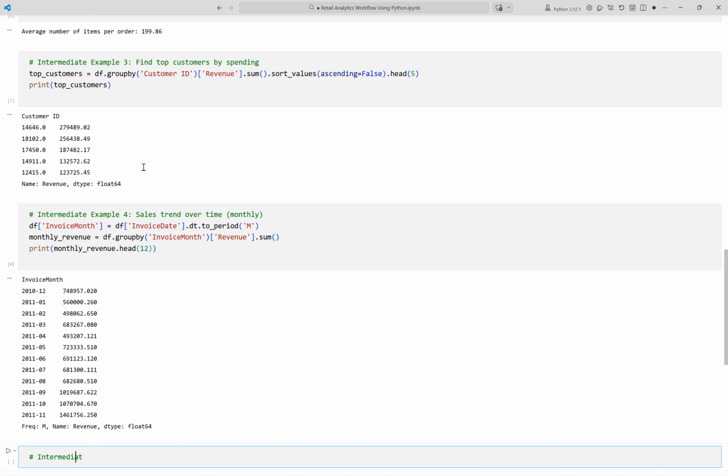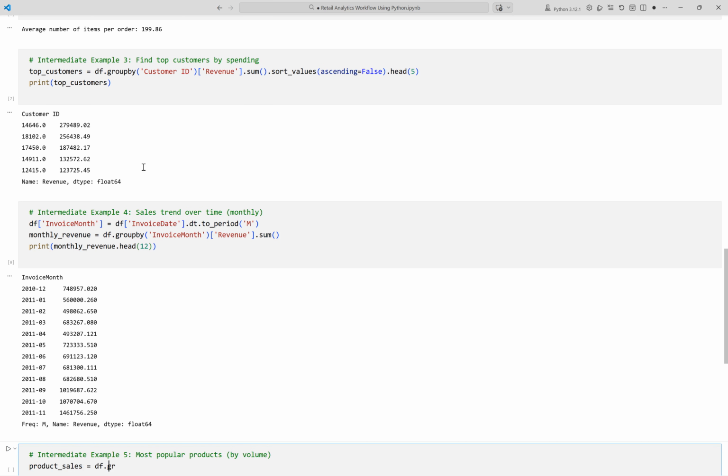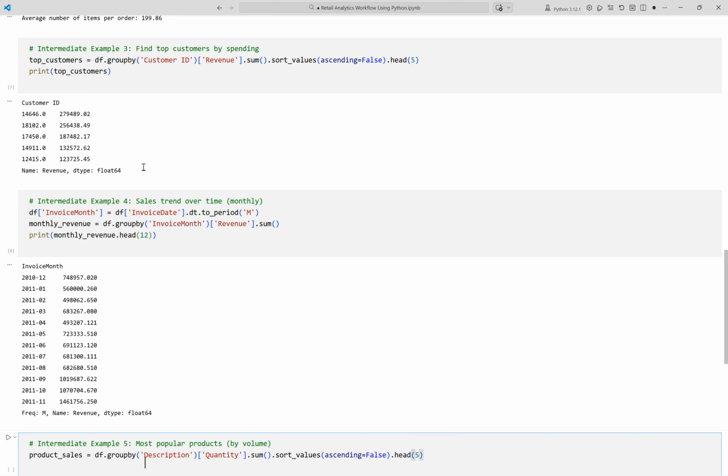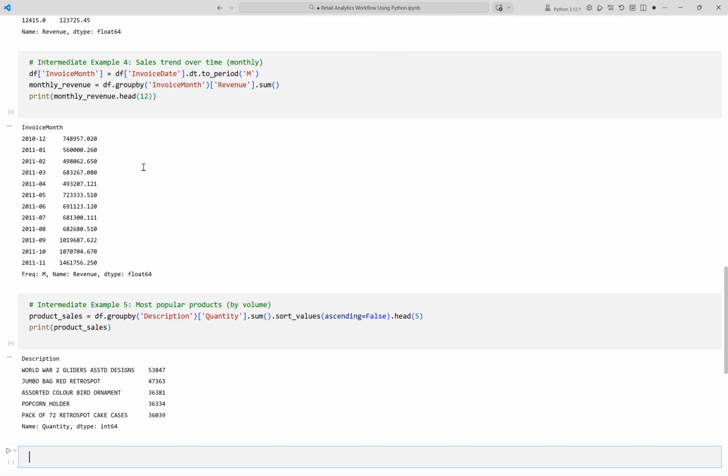Merchandisers want to know what products sell best by quantity. We group by product description, sum up quantities, and sort. These are the 5 most popular products based on volume sold. Running the cell now. This output shows the top 5 best-selling products by total quantity sold, with the World War II gliders ASSTD designs leading at